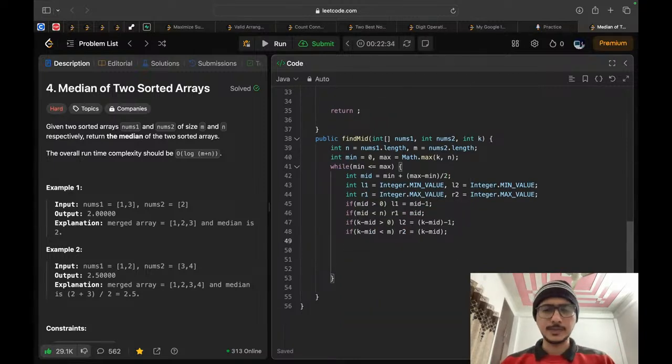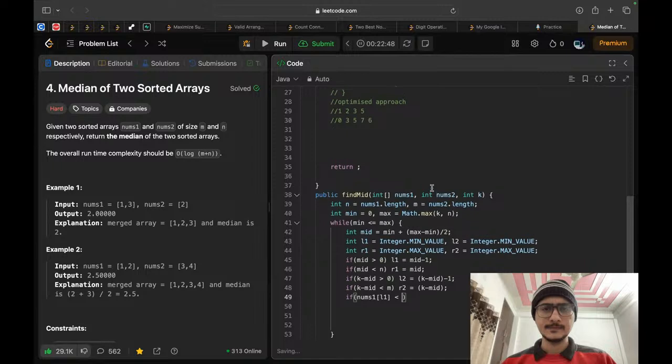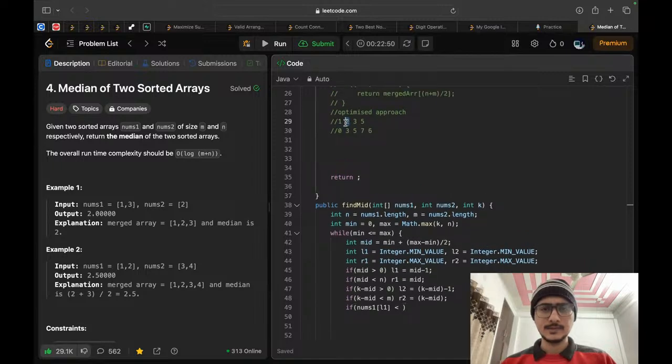So we need to compare if our nums of L1 is smaller than or equal to nums2 of R2 and